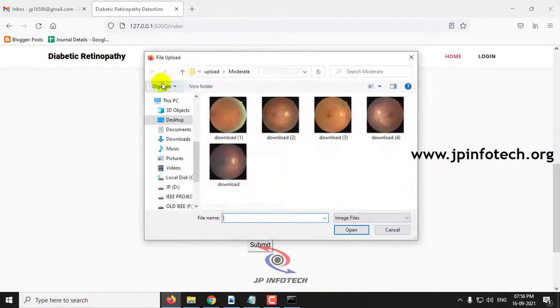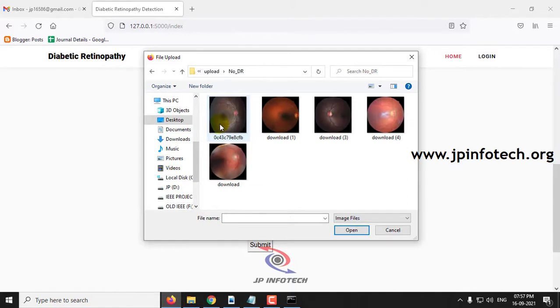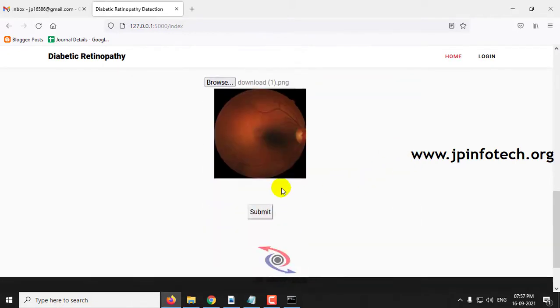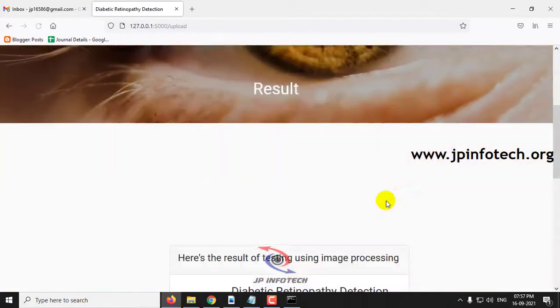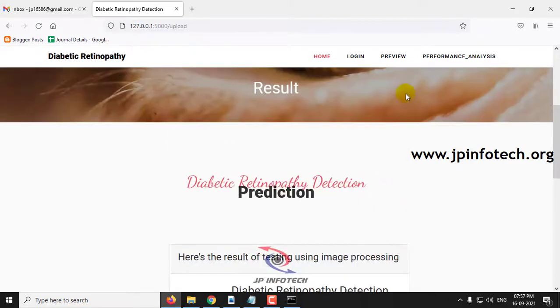Now let me go to the other class, which is no diabetic retinopathy, select an image and click submit. Here you can see the prediction result, which mentions that it is no DR, no diabetic retinopathy.